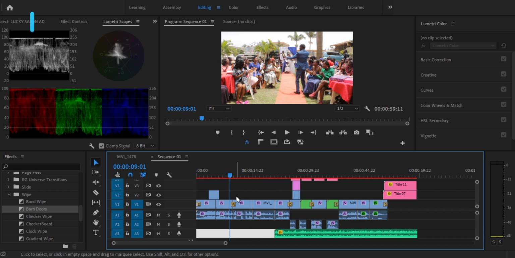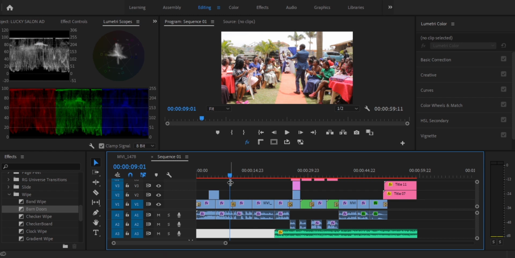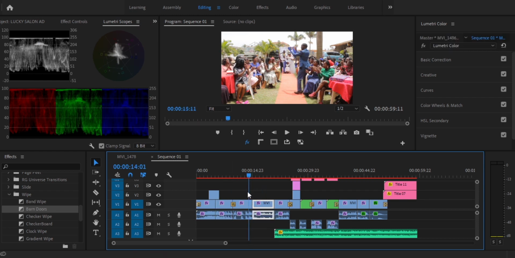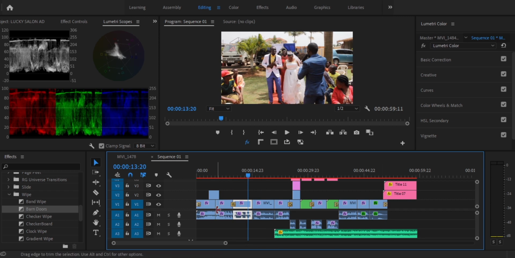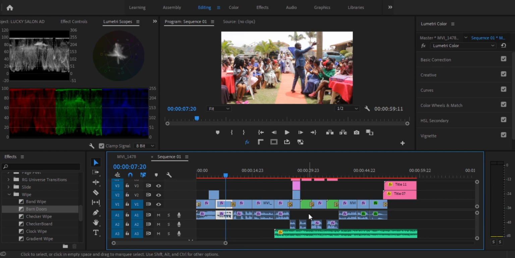The first transition that we're going to talk about is called the cut. The cut is simply cutting from one clip to another. After trimming out what you don't want in the clip, you just cut to another without even applying any transition. Just like you can see, for most of my clips, the transition I used here was just a cut. Here it is a cut. Even here there is a cut. So most of the time I use cuts in my videos, and even most movies and TV programs use